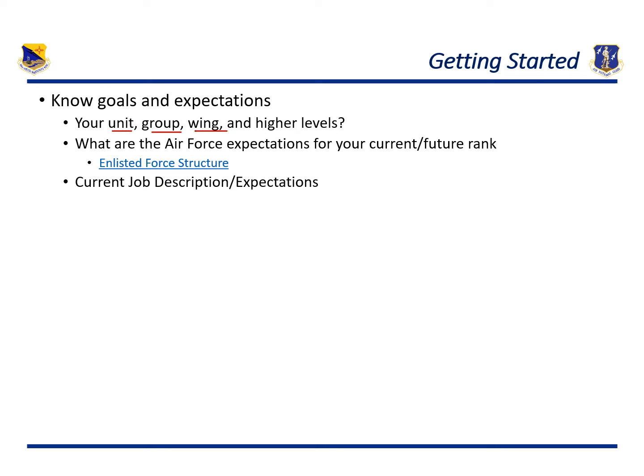It's important that we understand their current responsibilities and expectations and also be able to see if the member is already performing at future grade levels so that we can justify promotion. One way that I like to do this is I like to reference AFI 1-1 and also, more importantly, the enlisted force structure. Again, you should be able to use this during feedback so that you can show your subordinate what he or she needs to do to be able to meet the next grade and exceed current expectations.